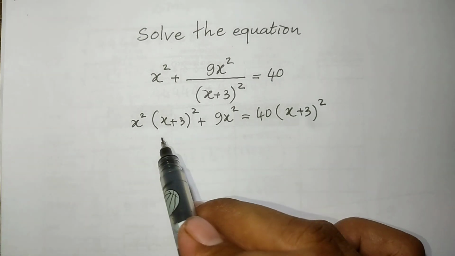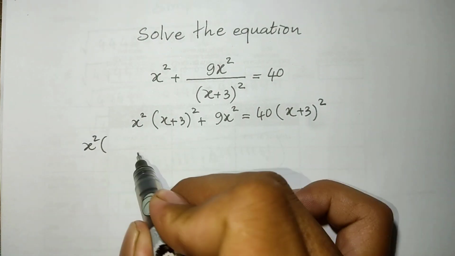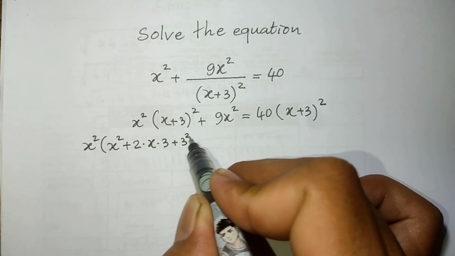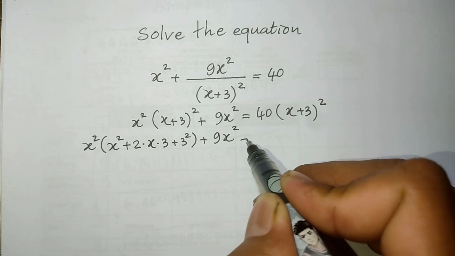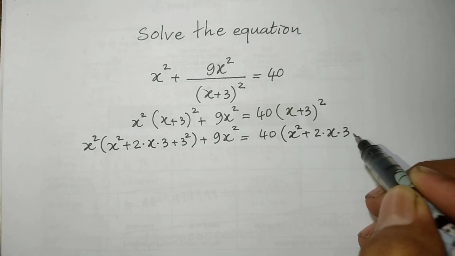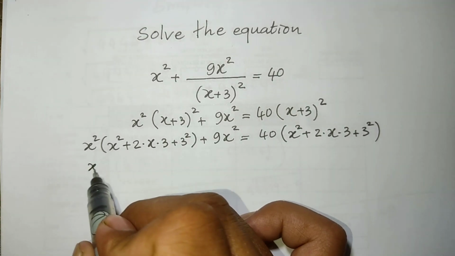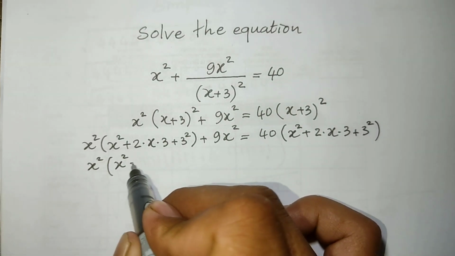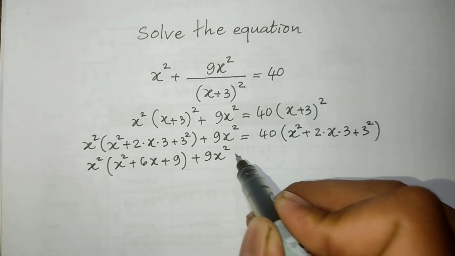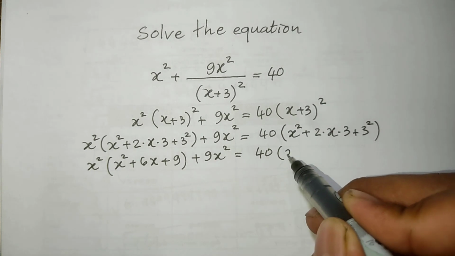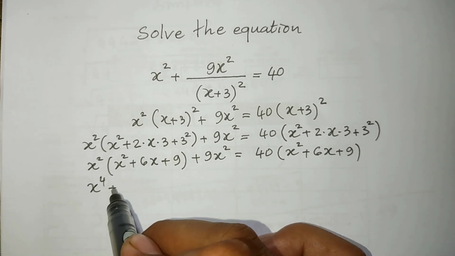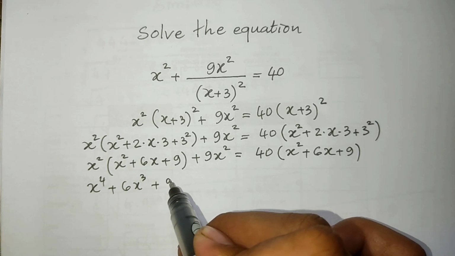And now we expand this. We get x squared, and (x plus 3) squared is x squared plus 2 times x times 3 plus 3 squared, plus 9x squared equals 40. So we get x squared times (x squared plus 6x plus 9) plus 9x squared equals 40. Expanding, we get x to the power 4 plus 6x cubed plus 9x squared plus 9x squared